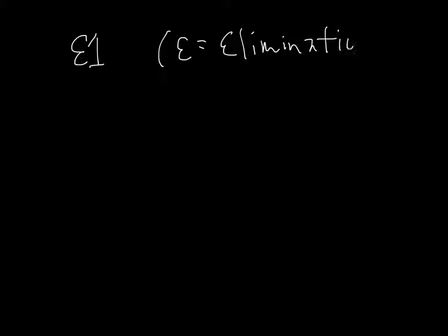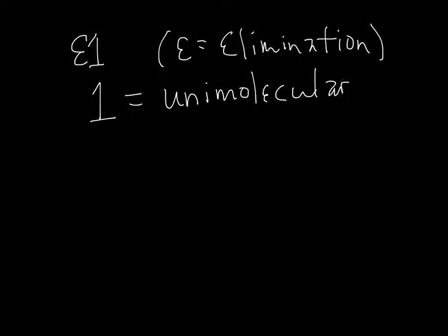We went through the E1, and let me make sure that it's a 1. The E means it's an elimination. Elimination reactions form double bonds. The 1, does anyone know what a 1 tells us? It's a unimolecular reaction. What that means is that the rate limiting step